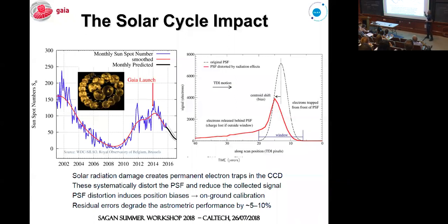So this is actually a piece of very good news, because we got a bunch of other issues that we had to deal with, making, for example, the quality of the calibration measurements of bright stars still very difficult. But this, which was expected to be really a big source of trouble, is not there. And so